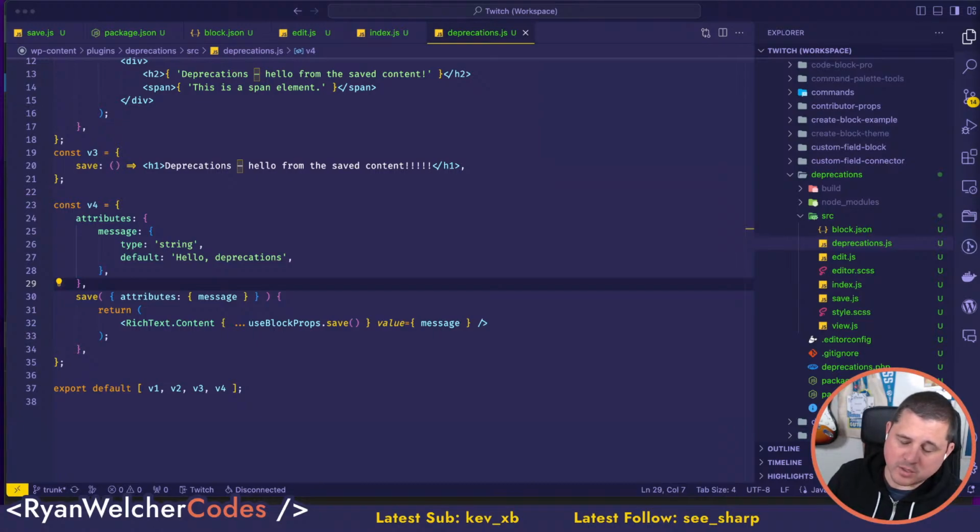Where I was kind of going with all this was, if you have a dynamic block that generates, there's an example I saw recently that Nick Diego did, a copyright block. You have a copyright message that says copyright in whatever the current year is, right? Well, you can't do that in JavaScript because every year your block... well, you could do it in JavaScript, but every year your block